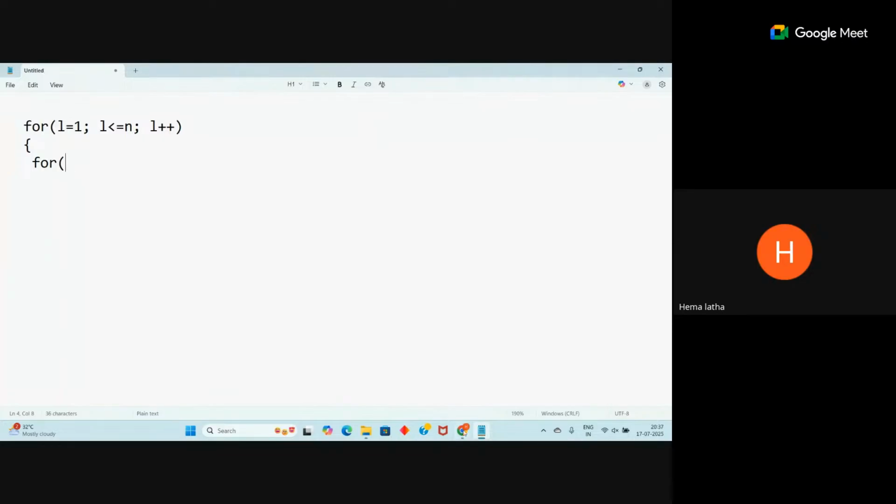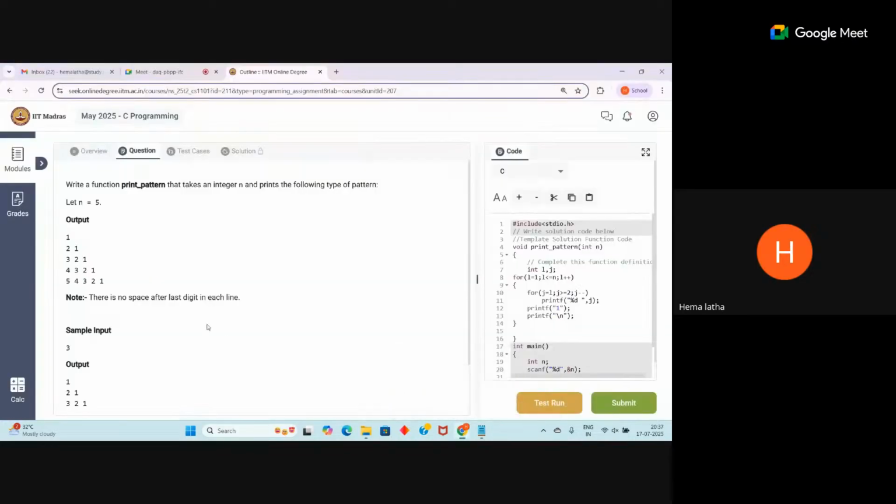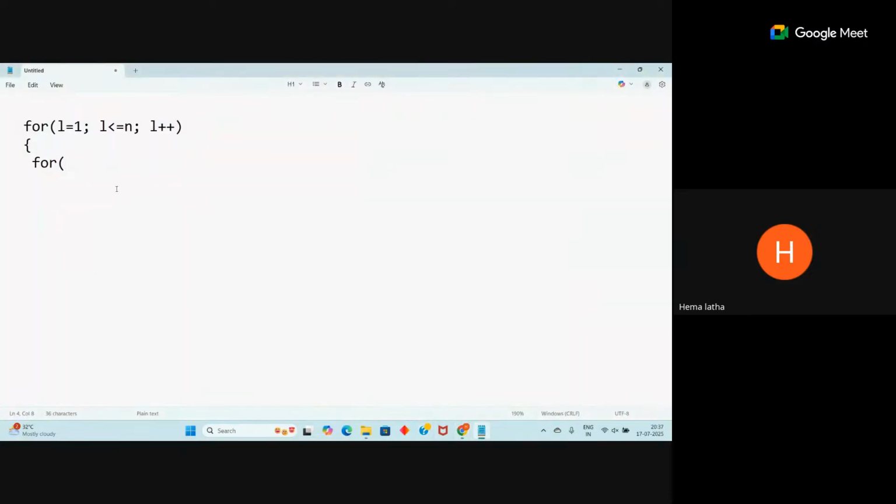According to our given pattern, in each line you need to display the L value, and it should also start from L. Each time you need to decrease the value by 1 till you reach 1. So you take a loop variable I equal to, it should start from L,